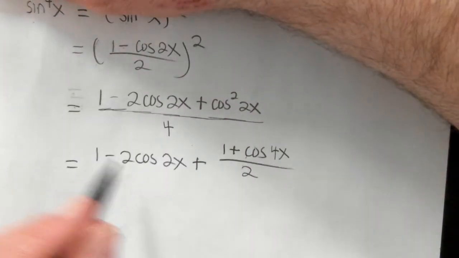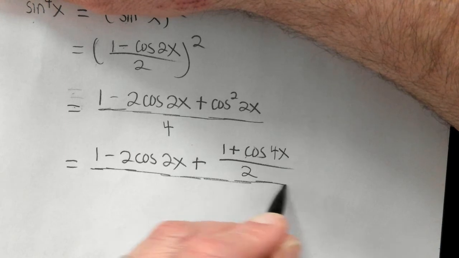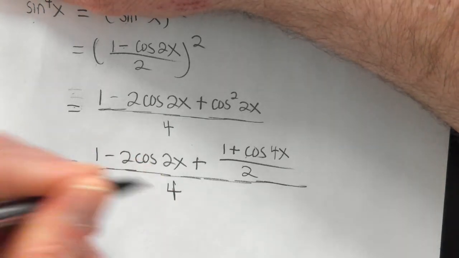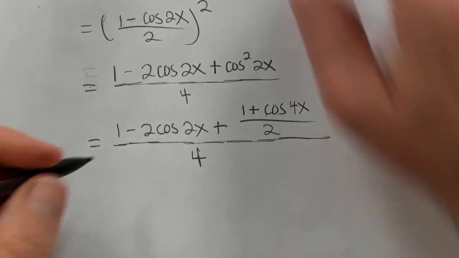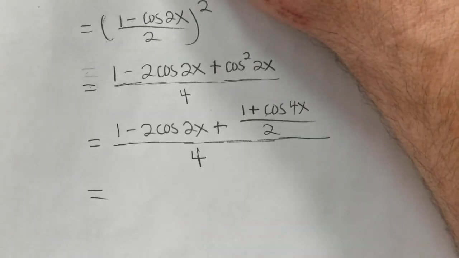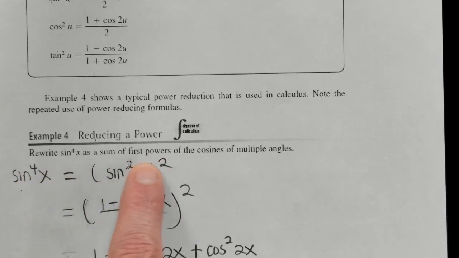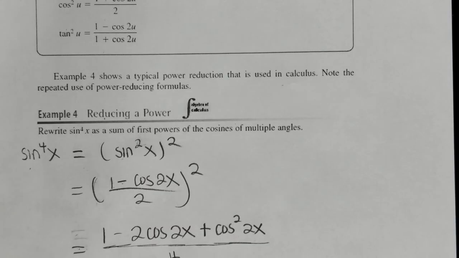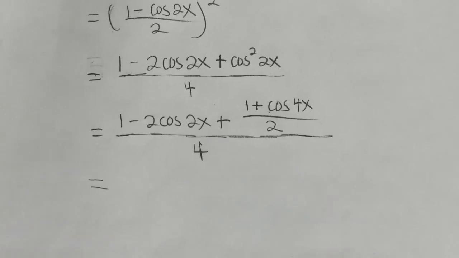Now all of this is still over 4. So I've got a fraction within a fraction, which is always nice to have. Okay, so let's see what else we got. So at least now we've accomplished the goal as writing it as a first power of cosines, right? We've written it as a first power of cosines like the directions have told us to. But now what we need to do is see if we can't simplify this sum and put it in a